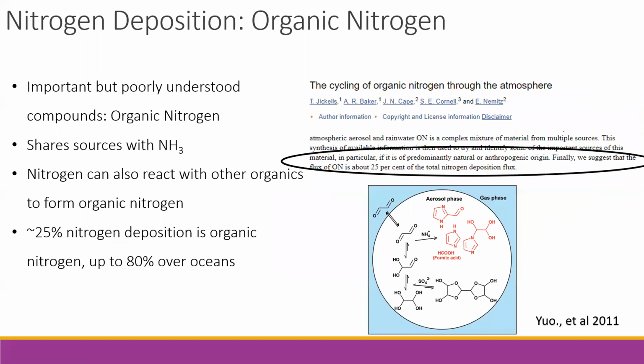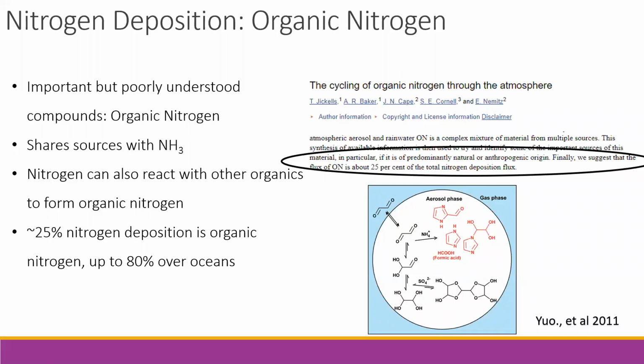And then there's another component of nitrogen deposition that contains a lot more uncertainty, and that's the fraction of organic nitrogen. Organic nitrogen follows many of the same uncertainties that I discussed during the formation of secondary organic aerosols. They can actually be an important component of secondary organic aerosols, but they're, of course, an important component of nitrogen deposition as well. They can share sources with ammonium, but they can also be formed in the atmosphere with nitrogen reacting with organic compounds, whether in the gas phase, the aerosol phase, or in cloud water.